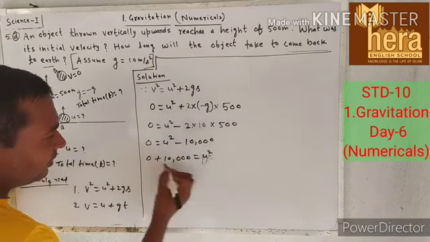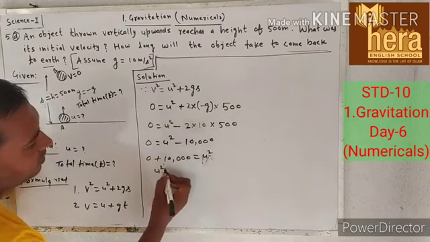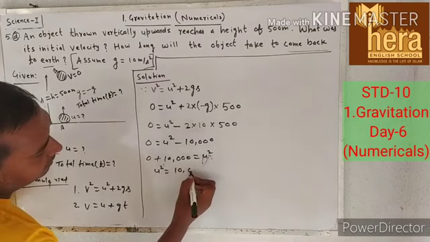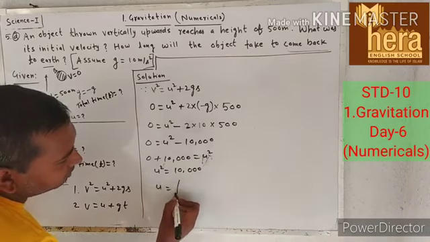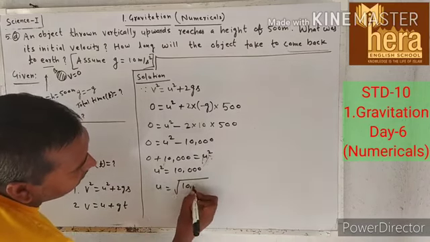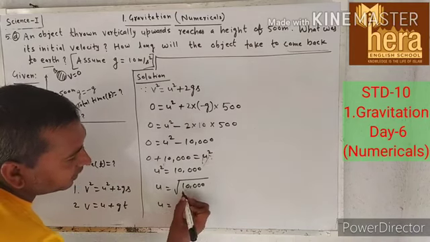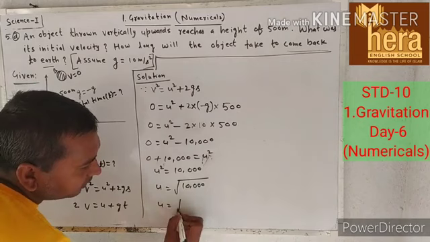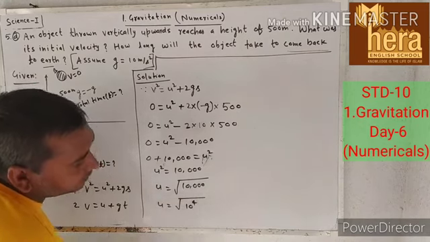So u is 0 into 10,000, that is 10,000. Therefore u square is equal to 10,000. Therefore u is equal to under root 10,000. Therefore u is equal to, we can write here, under root on 10 raised to 4,